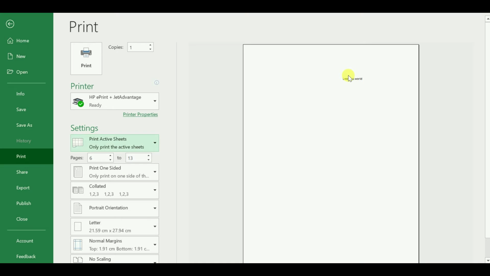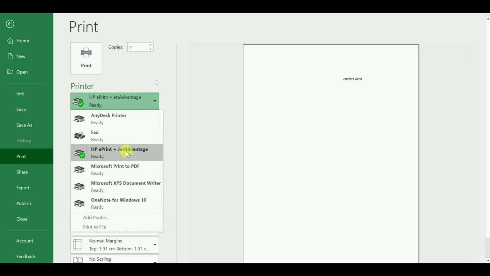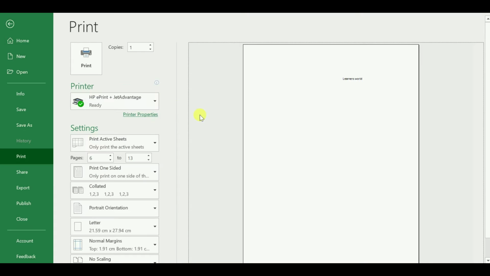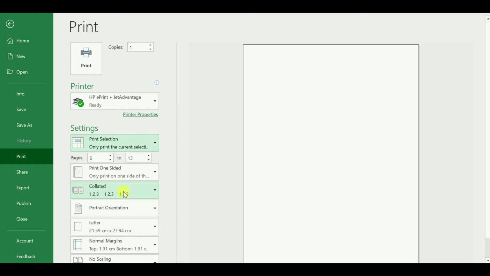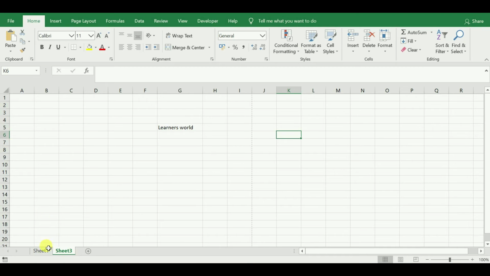One more option in this print selection, the third one, is print selection. As I have not selected any data here, it is showing blank. Now I am coming back to sheet 1.